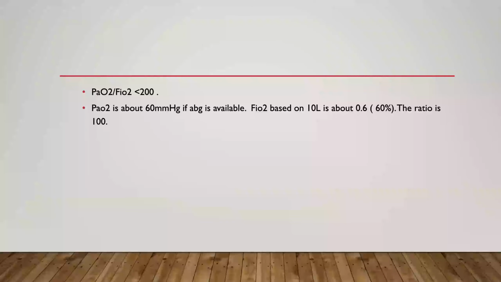Clinically, this patient who requires 10 liters of oxygen with a saturation of only 90% is in ARDS without doing a blood gas. So the question: does it really make a difference to know or to define ARDS? Well, the answer is not necessarily. ARDS tells you that the patient is in